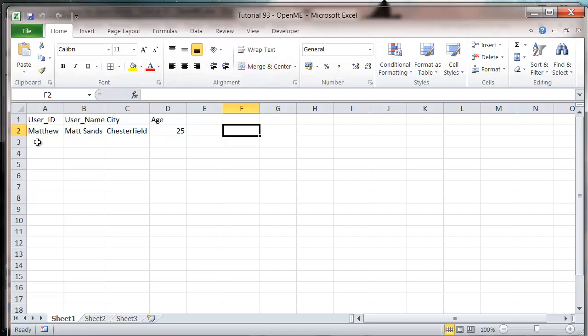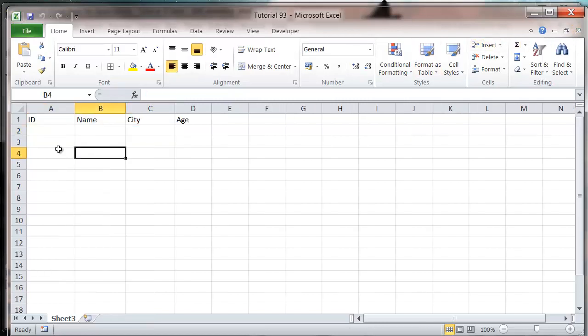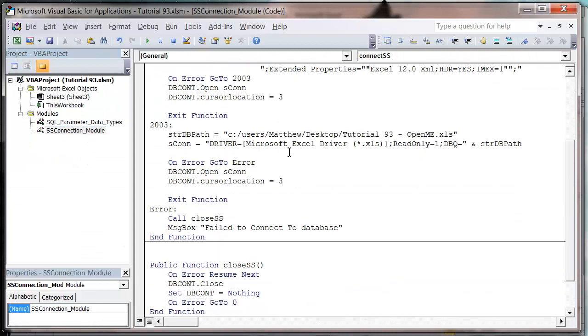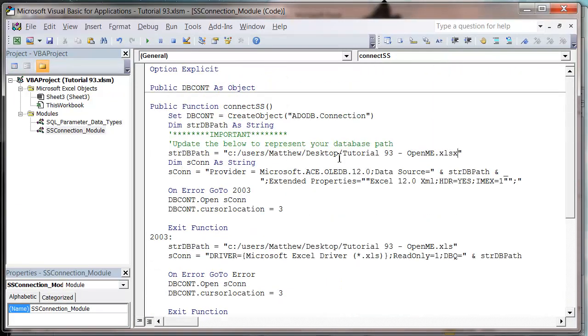So all I'm going to do is try and get it to go into this spreadsheet and just bring out this record. First of all, I'm going to close this spreadsheet down, and in my code I've created a new module. Now you're going to need this module. It's similar to the connection module we created in tutorial 71. It just uses different drivers to connect to your